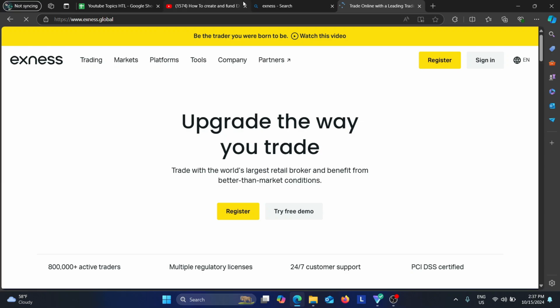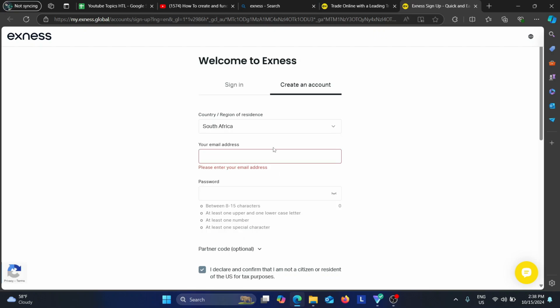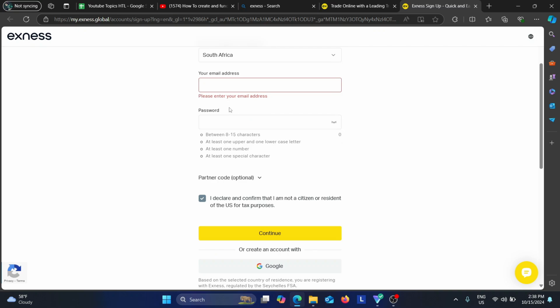Now at the top right, you are going to select register. You will then select your country/region of residence. Now in this section, you are going to enter your email address and then you have to make up a password. It needs to be between 8 to 15 characters, at least one upper and one lowercase letter and at least one number and at least one special character. And then you have to make sure that you have this checkbox clicked